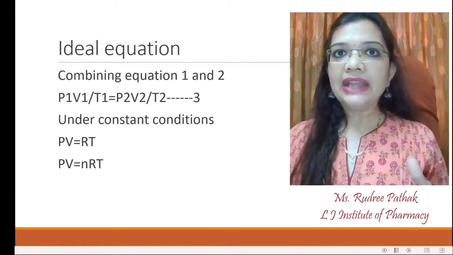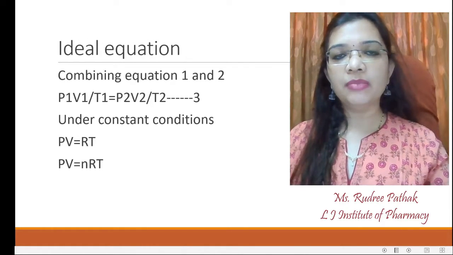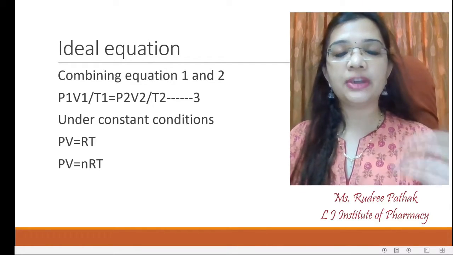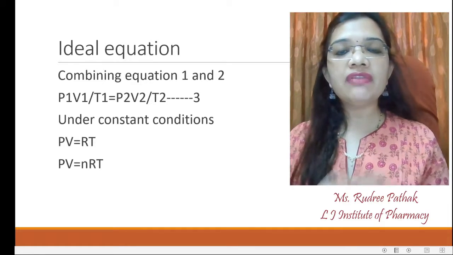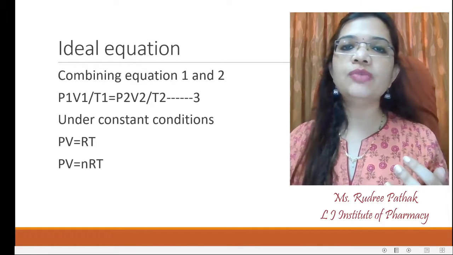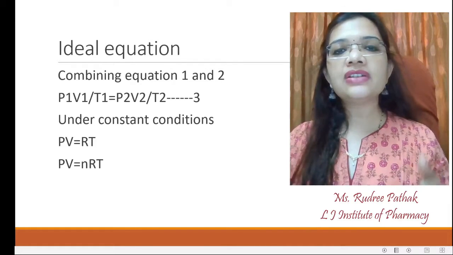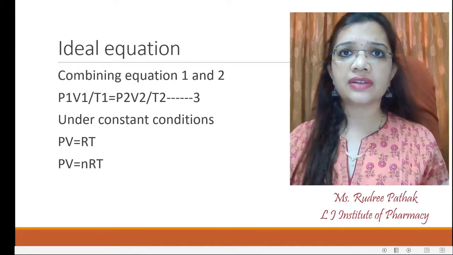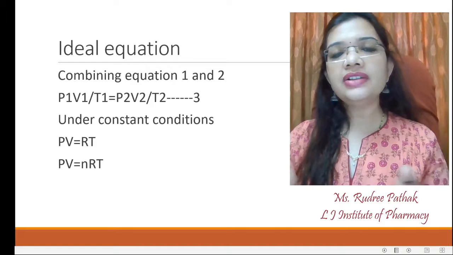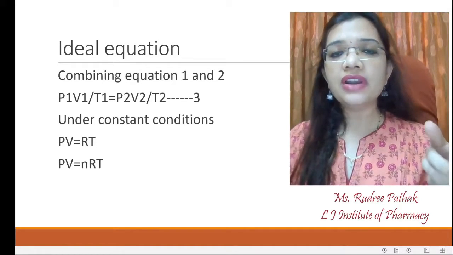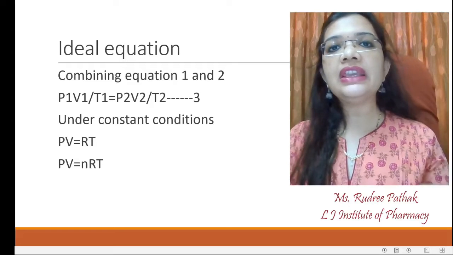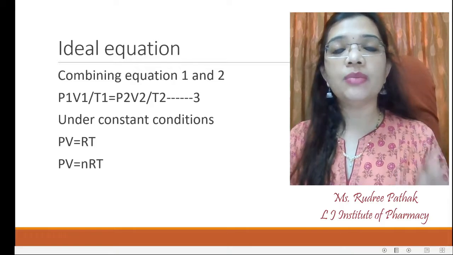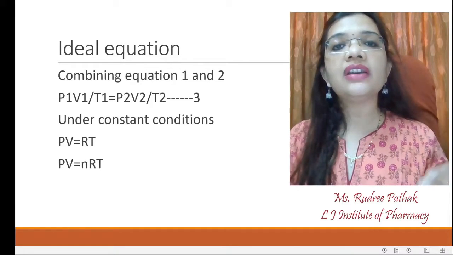Now, if we combine these two laws, that is law number 1 and 2, we have our third equation, which is shown over here in the presentation right now. That is P1 V1 upon T1 is equal to P2 V2 divided by T2. This is based on two situations which we have compared for the given gaseous system. If we straight away derive a simple equation, then we can have our ideal equation as PV is equal to nRT, where n is the number of moles